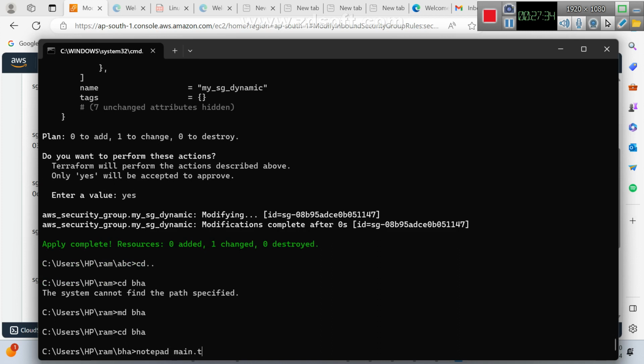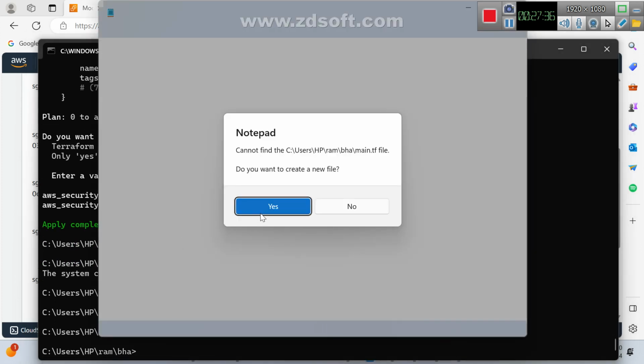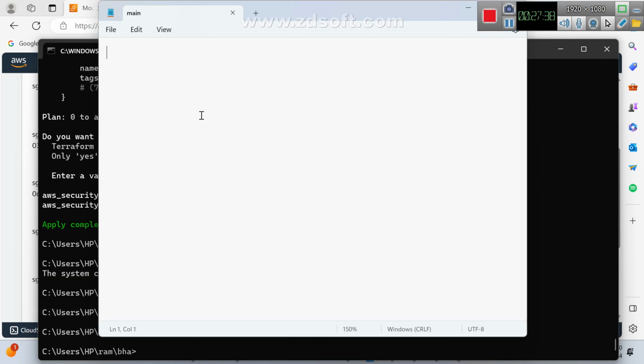Notepad main.tf. Just a VPC I want, for that I want to apply Terraform import. Provider AWS. Uday, quickly guide me. This is the region, AP South 1.